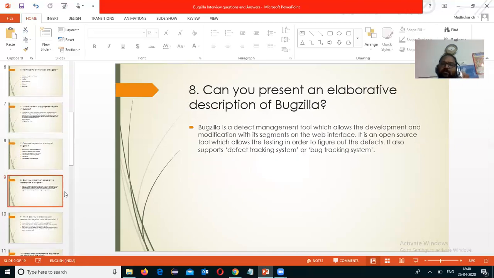Can you present an elaborate description of Bugzilla? It is a defect management tool which allows development and modification through a web interface. It is an open source tool which allows testers to figure out defects. It also supports a defect tracking system or bug tracking system.